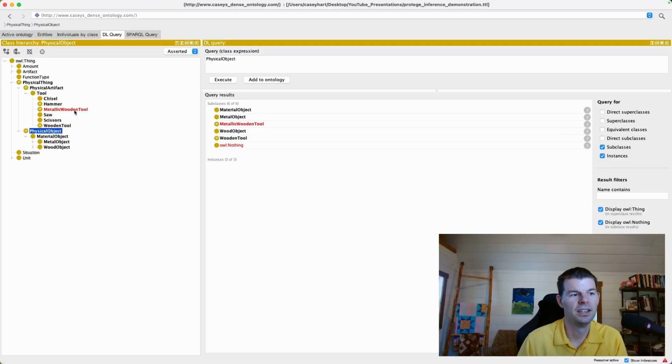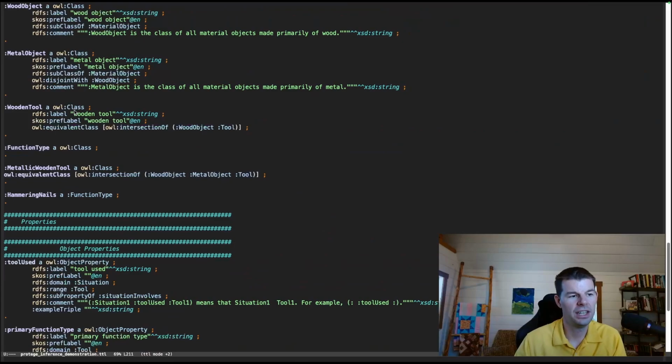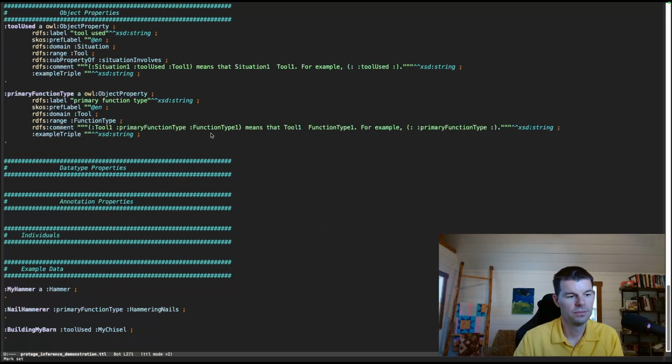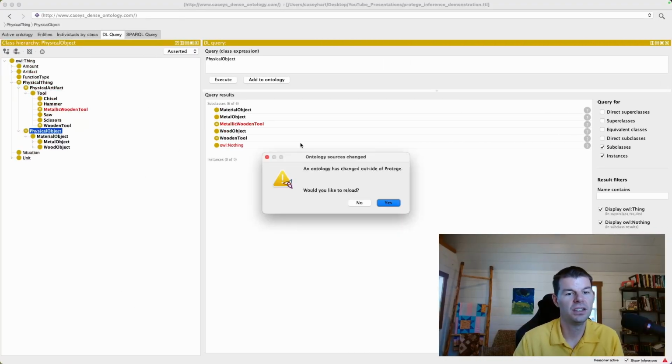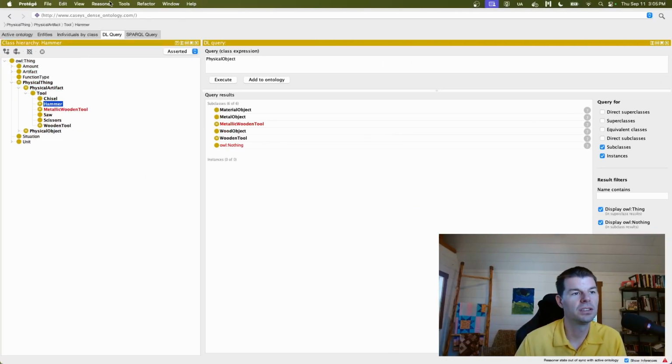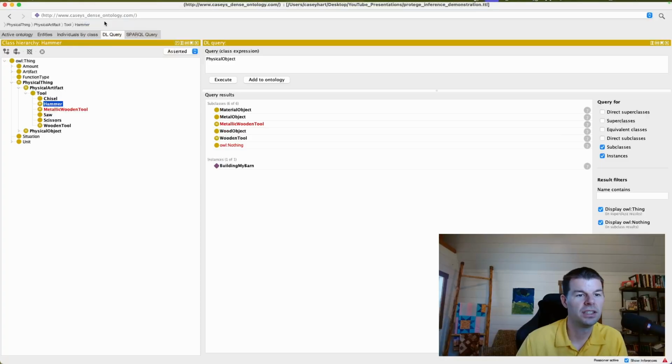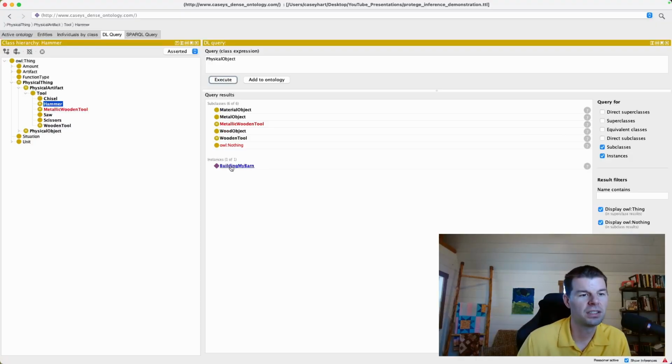But let's say we want to claim that our chisel here is totally made out of metal. So it's a metal object. And we're going to save it here, and we're going to reload the ontology, and we're going to synchronize the reasoner. And now we say which things, if we execute them, are physical objects, which says building my barn is